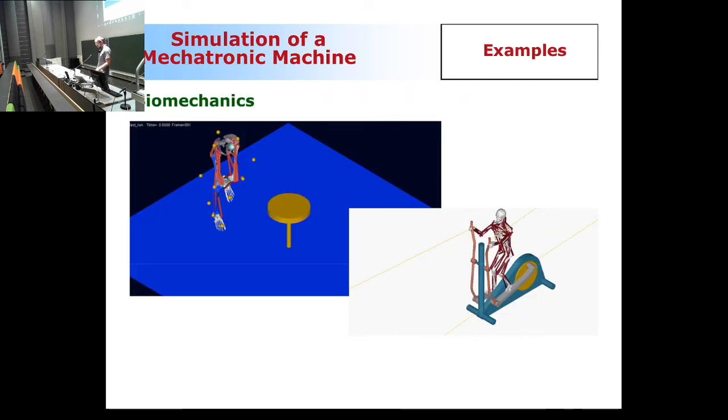So now I have a few examples here. The first example is related to biomechanics. By the way, biomechanics is a dynamic system as well. This body here is actually one application of multi-body system dynamics because it consists of multiple bodies and different joints that combine these bodies together. There is an actuator, which is not a hydraulic actuator, but equally strong. The muscle this time is moving these bodies back and forth. That's how it goes. So I can analyze my motion by using multi-body system dynamics.